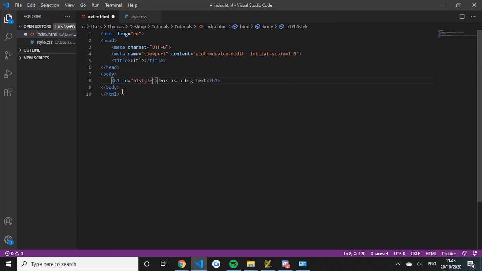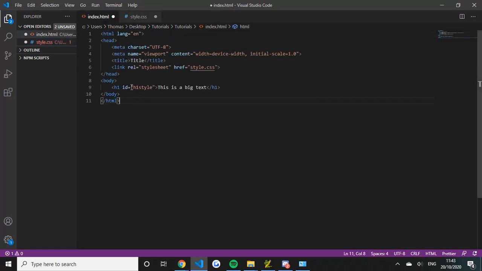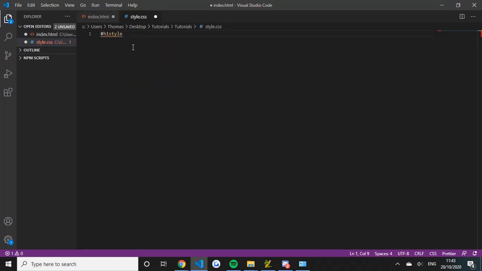H1 style. Now what we have to do is, if you save the CSS file into the same folder, all you have to do is link rel equals stylesheet, then href, then put the source of the file. So it's just this. In this case, it's this. Okay, now what we can do is go into here, type in hashtag h1style, because we set this as an ID, so we can now style that ID